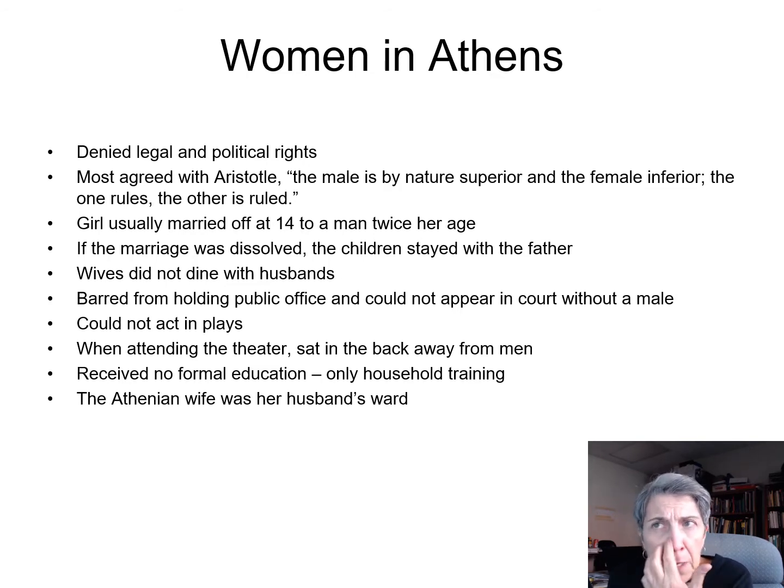So as you can see by this, the Greek women in Athens, not in Sparta, it was different. Here, you're a girl, you're usually married off at 15 to a man twice your age. You don't dine with your husband. You have no formal education, and your husband rules over you, and you're sort of his ward, and you don't participate in governing or philosophy. So actually, you just stay home and cook and bear children, take care of the